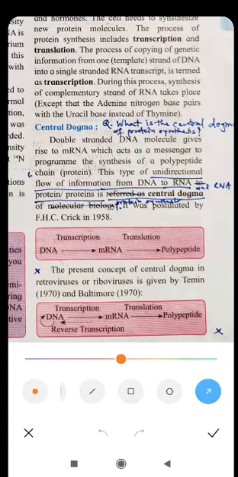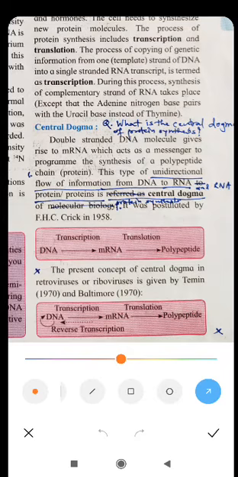And if there is a question, what is the central dogma? The answer is unidirectional flow. Unidirectional flow means flow is in this direction. DNA will produce mRNA, mRNA will produce polypeptide. Reverse flow will not be there. The polypeptide protein will not produce back mRNA, and mRNA will not produce back DNA. So this is unidirectional, in only one direction. Unidirectional flow of information from DNA to RNA and from RNA to protein is called central dogma of protein synthesis,